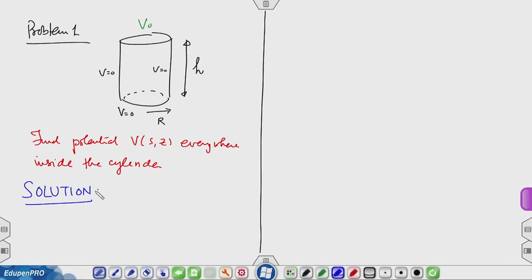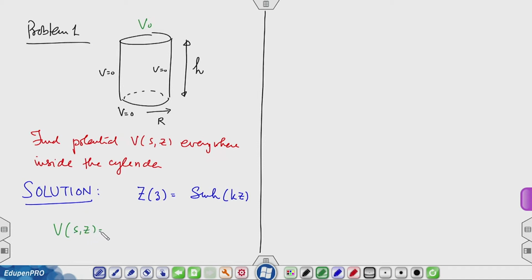Solution. Now, see, in this case, since V is 0 in the bottom surface, I should have Z dependence such that the function vanishes at Z equals 0, and it is finite at the top surface. After a little thought, you can easily see that the Z function should be sine hyperbolic kz. It satisfies the conditions, and therefore, the solution for V